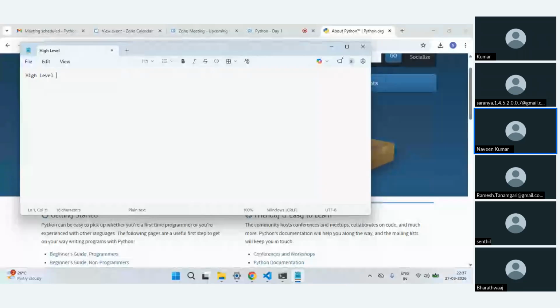You have high level versus low level. Python falls under the high level category because it is easy to read. It's in simple English, and it is straightforward to read and write the code. On the other hand, low level languages are hard to read. If a normal person looks at the code, you cannot directly understand what it is. Most of your OS and assembly languages are written in low level languages. So that is the difference, a very short one.